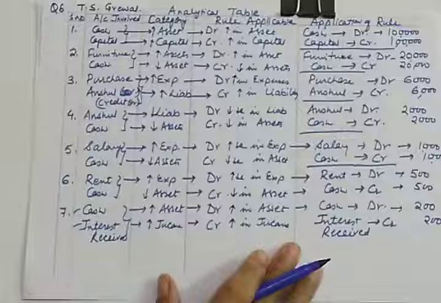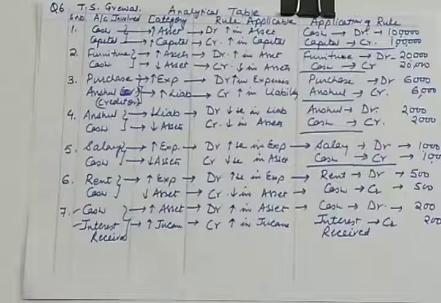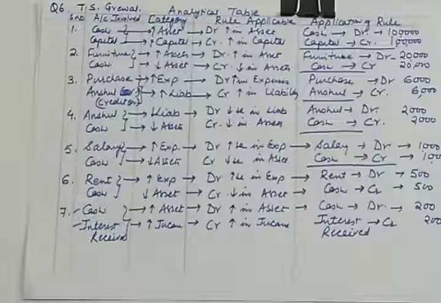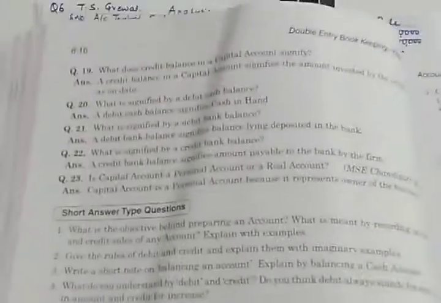So today we have done all the questions up to question number 6, and I hope the question which I gave you in the Zoom class, this question number 1, this you must have completed. This question number 1, land and building category according to the traditional method.